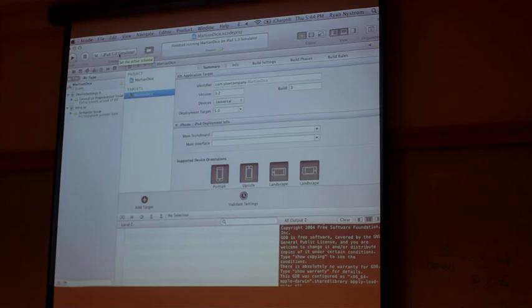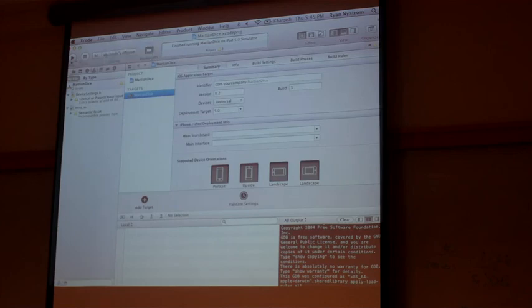We've got our simulator list up here, iPad and iPhone. And as soon as this gets recognized, there we go. As soon as that's loaded, there's my phone.